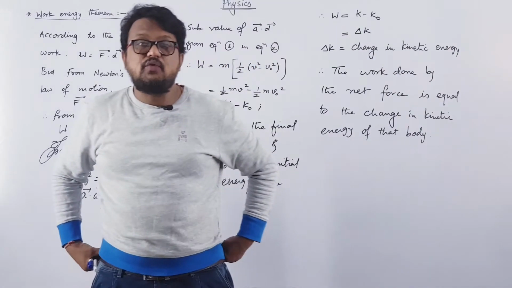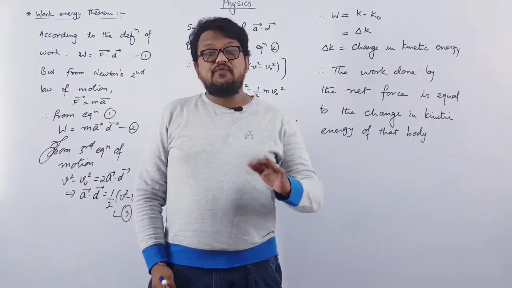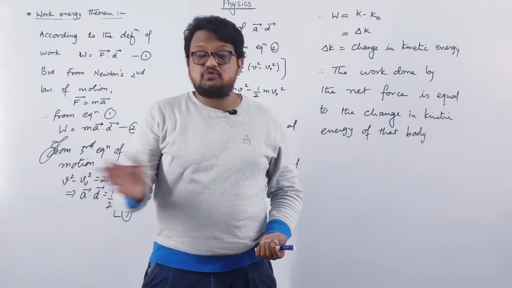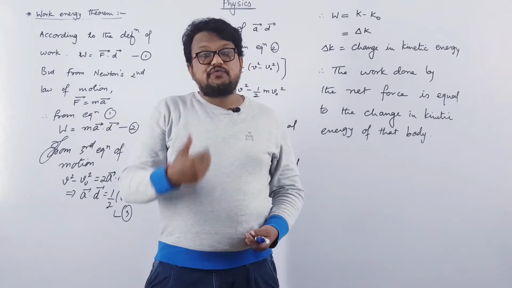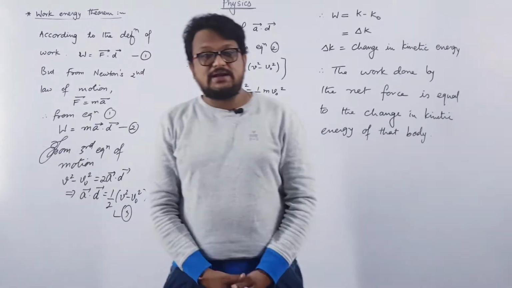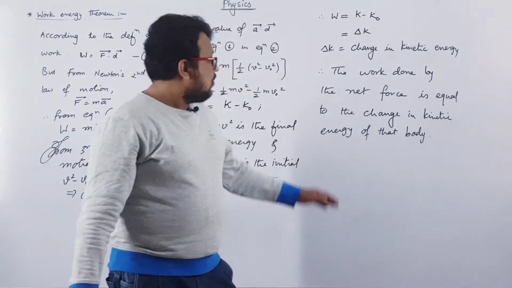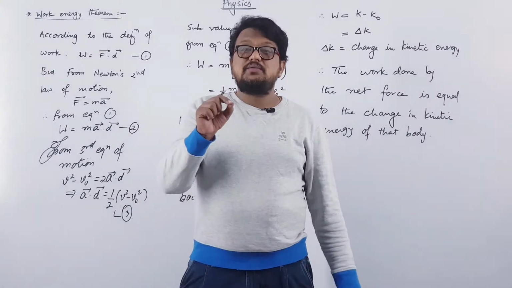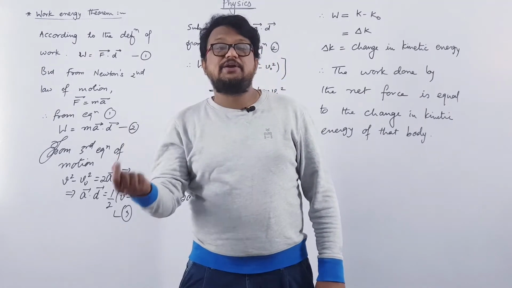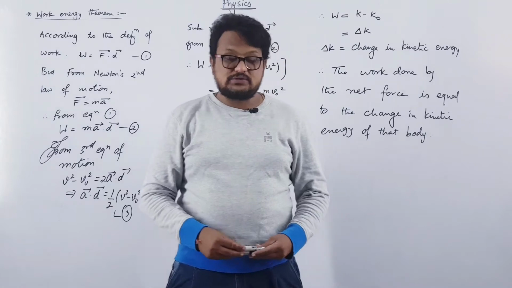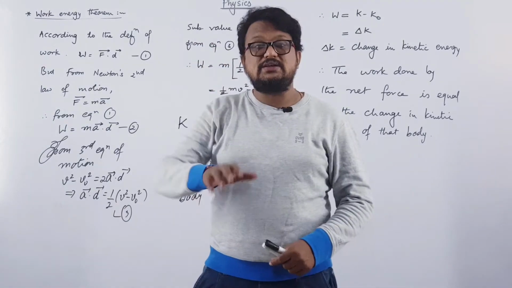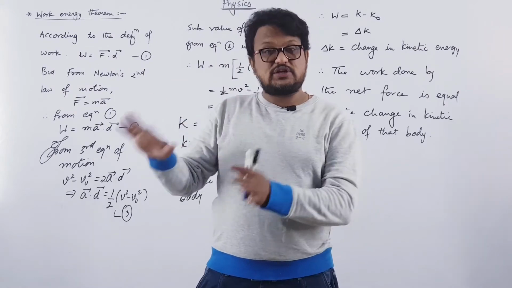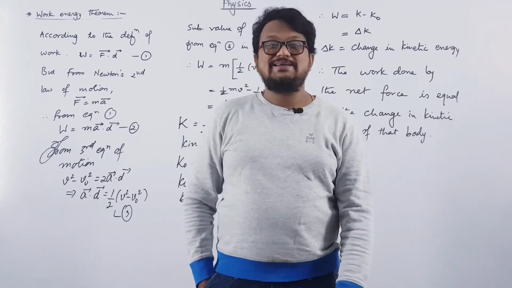It is not the work done by the applied force, right? The work done by the applied force and by the net force are different, because suppose you are applying 10 Newton of force on a body, but due to friction, the net force will always be less than 10 Newton, right? So here, work done by the net force is equal to the change in kinetic energy of the body, or work done in the absence of dissipative force. What do you mean by dissipative force? Dissipative force means the resistive force, right, which will decrease the applied force. In the absence of such forces, work done will be equal to the change in kinetic energy.